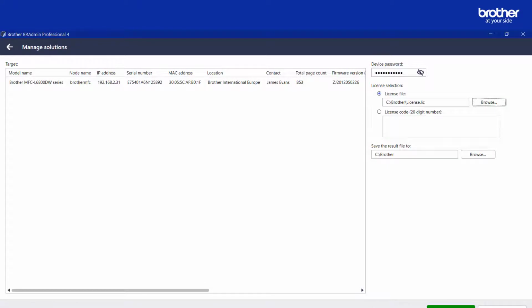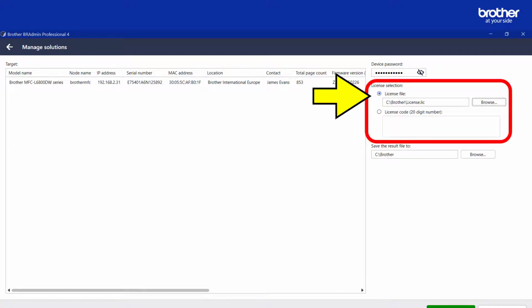The Manage Solutions window will open. From it, type the admin password for the device or devices you selected earlier. If you see a drop-down menu underneath this password entry field, ensure that the Activate Solutions option is selected.